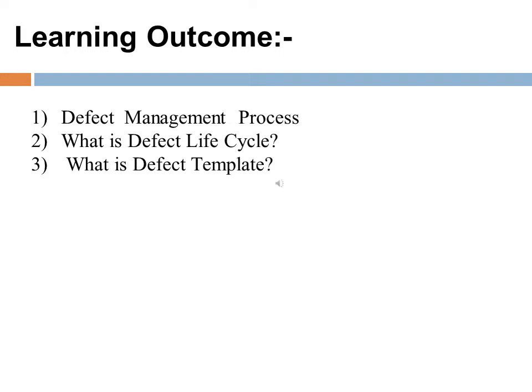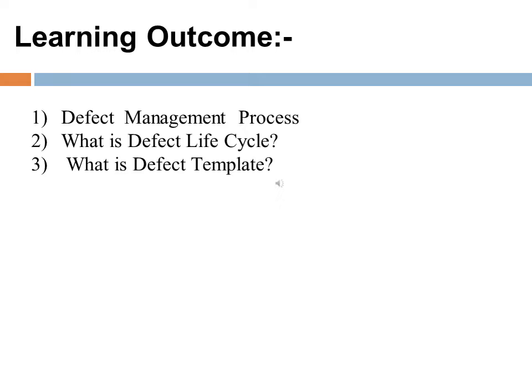Learning outcome of this video. In the previous lecture or video, we had already taught the steps in the defect management process. But in this lecture, I will explain in detail the topics of the defect management process. The defect management process is classified into 5 parts: defect prevention, deliverable baseline, defect discovery, defect resolution and process improvement. In this video, I will explain in detail the defect management process.